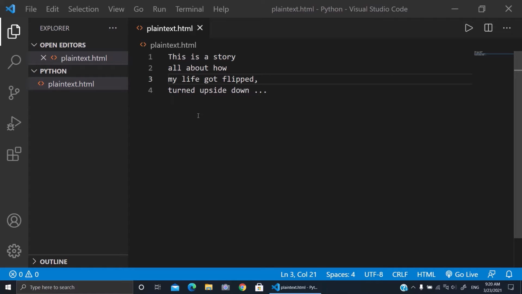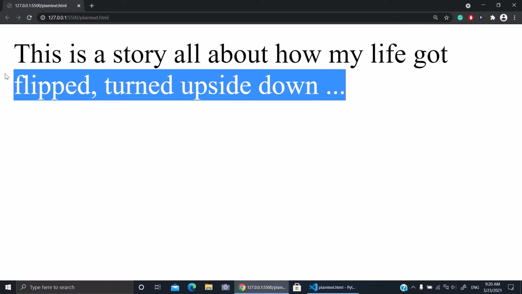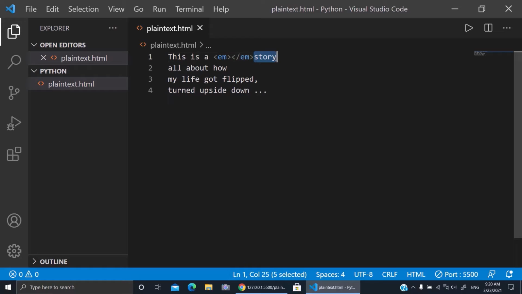Okay, if we just run it on the browser, it's like normal text. Big deal. Okay, now let's make some formatting. Let's make an emphasis for "story", for example. EM brackets, we'll open a bracket and say EM, and "story", we'll move it down here. Okay, now let's, for example, make "my life". Okay, and let's say Mark,